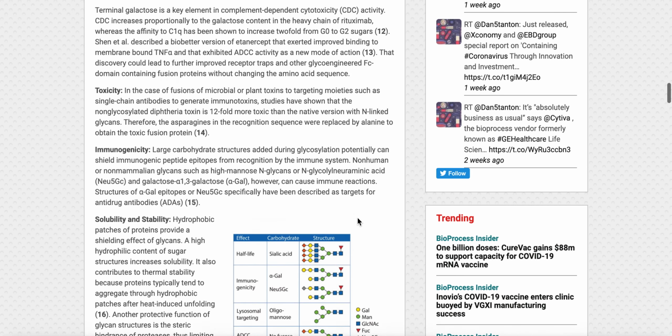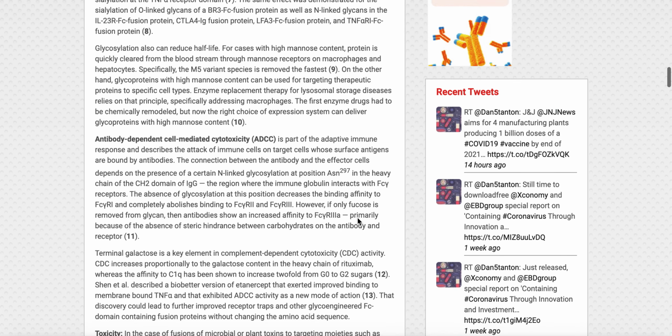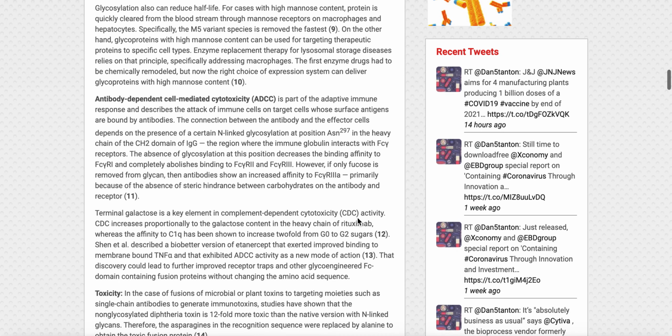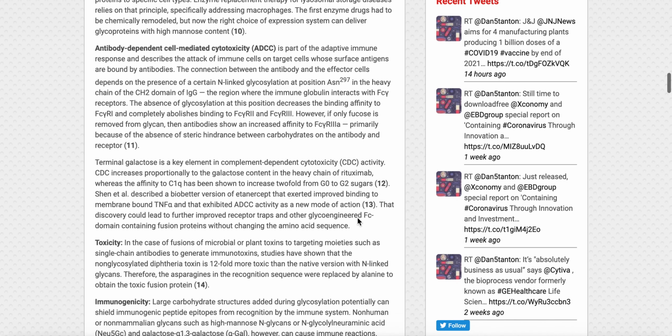There's a lot of things then you can get out of this: half-life, antibody-dependent cell-mediated cytotoxicity,